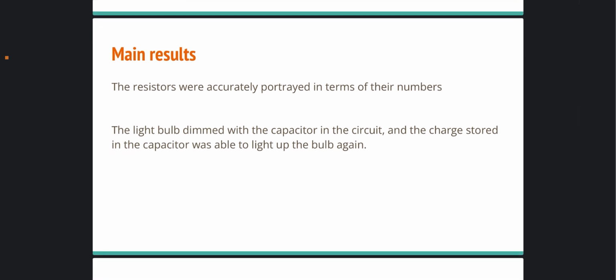So the main results, I wasn't exactly sure what it meant by the results, but the numbers worked out for the most part. The resistors said what they were, and we measured, and it did a pretty good job. And we saw that the light bulb got dimmer with the capacitor absorbing the charges from the battery. And we also saw that when the capacitor released the charges, it fed the charges back into the light bulb, which caused it to glow for actually a longer time according to our measurements,